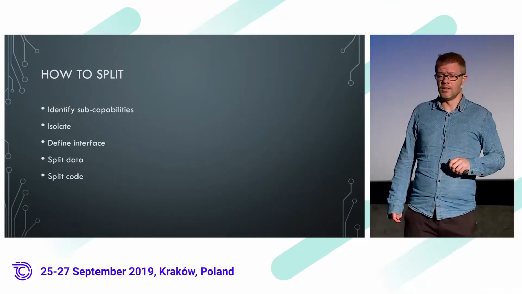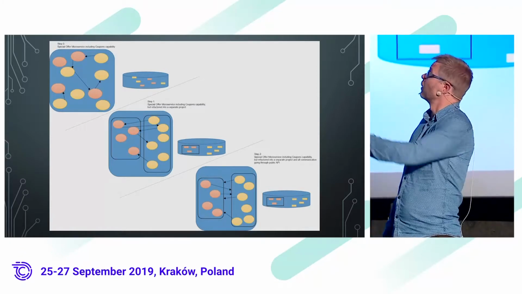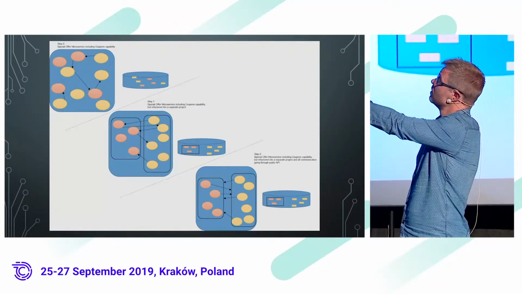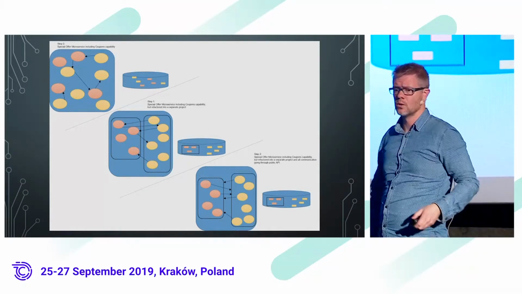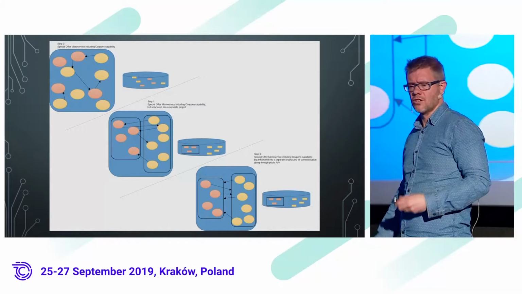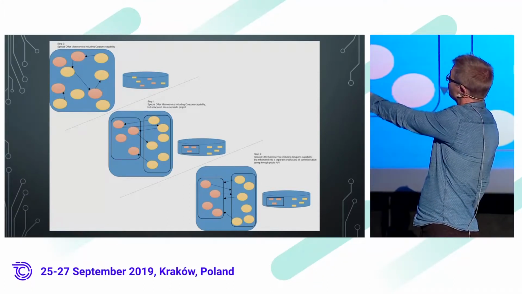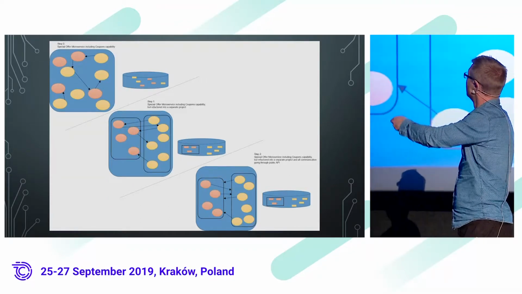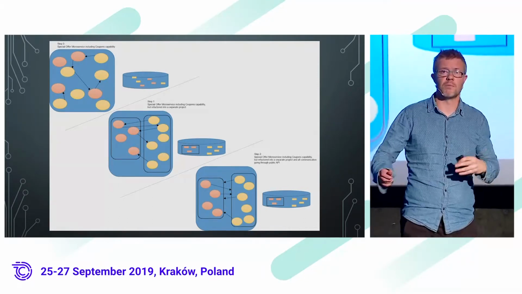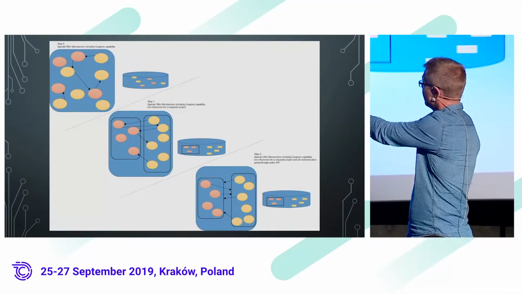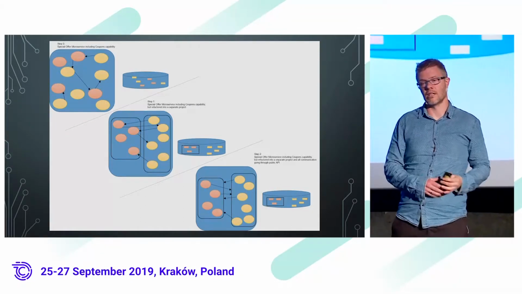Another way to look at this is that we can draw it like this: we have a blue thing, which is a microservice, but it turns out it has a yellow thing and an orange thing, doing different things, and it's just jumbled together in the first step. Then we isolate it into different components. Do the same in the database, making sure we identify which parts of the database belong to each of them. Then we define an interface, and at this point we're ready to actually split the code bases and deploy them as separate microservices.